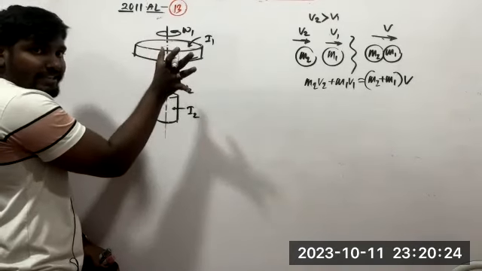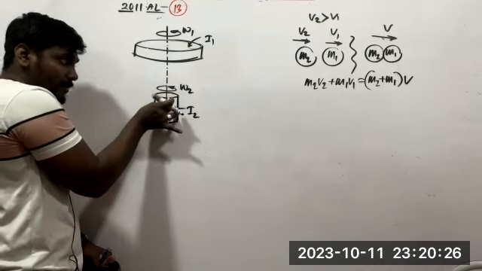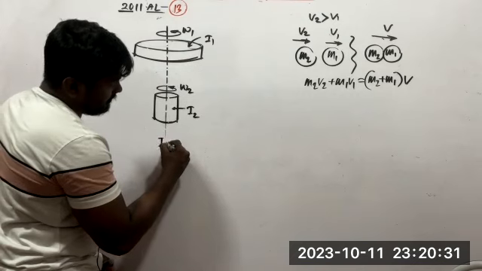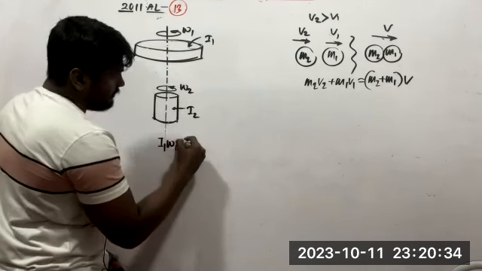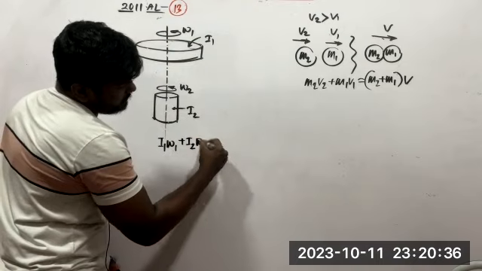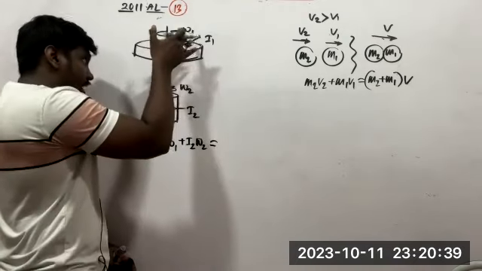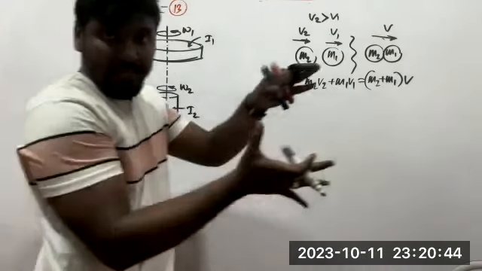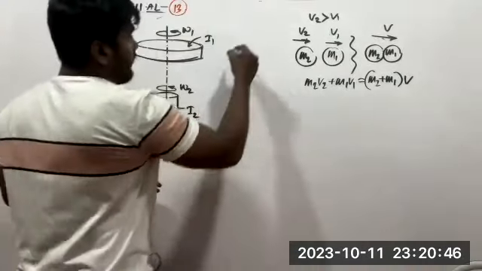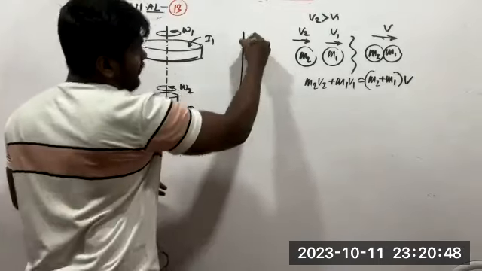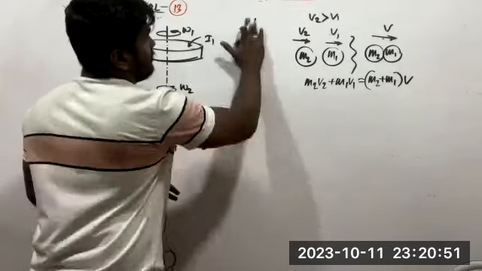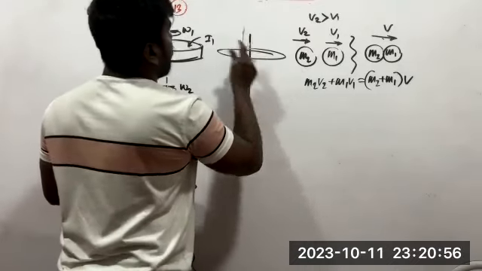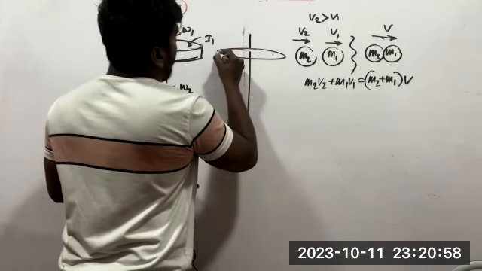You know how to apply the direction upward. This one is also having angular momentum in upward direction. This one's angular momentum is how much? I1 omega 1. This one's angular momentum will be I2 omega 2. Then I1 omega 1 plus I2 omega 2 is the total angular momentum of the system before they combine. After they combine, after they join,